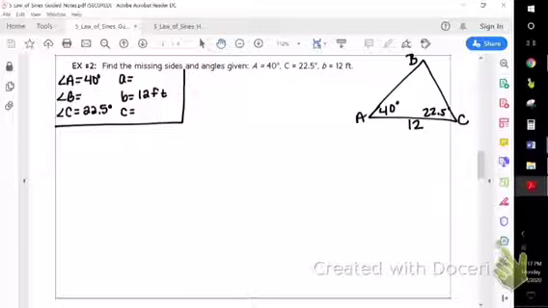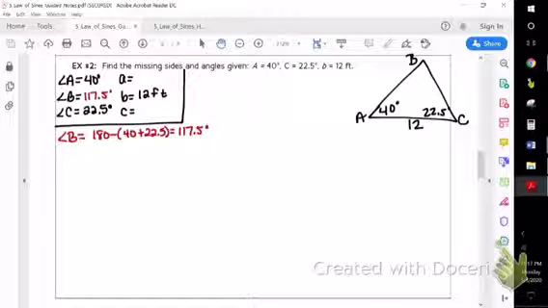So what do we want to find first? Alright, you want to find angle B. So just like before, angle B is going to be 180 minus my other 2 angles added together. And so when I do that, I get 117.5 degrees. So let's go ahead and write that up in our box. Now,